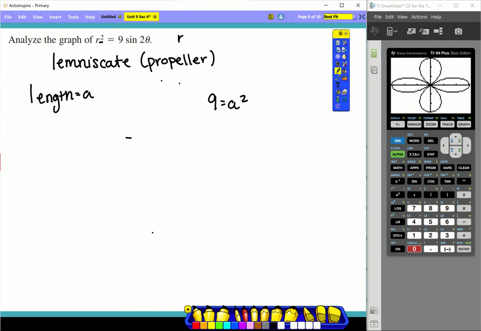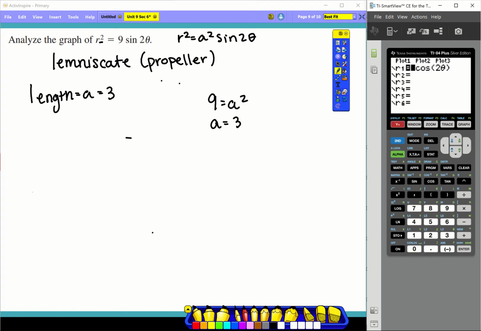Remember, because it's r squared equals A squared sine 2 theta. So that means that A is 3. So let's see what this looks like. Y equals, we'll have to go with the square root of,